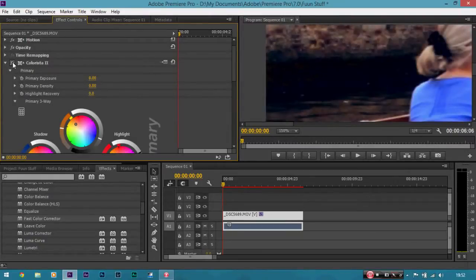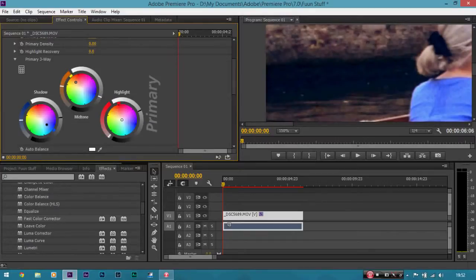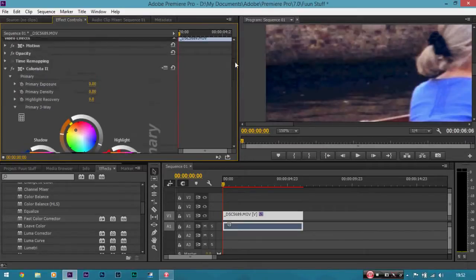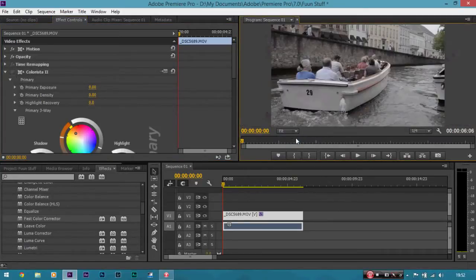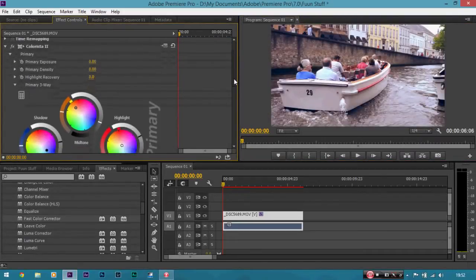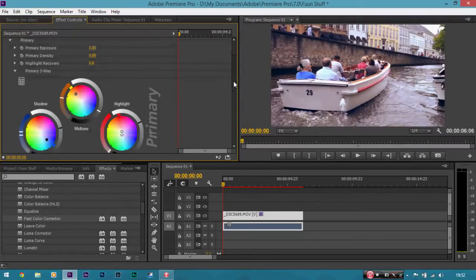We don't want to lose the detail, so what you can also do is bump the exposure up in the shadows a bit, and see that's coming back again quite nicely, and we've got the detail back from how it used to be. There we go, toggle, it's back how it used to be now. So if you want to get back to the same zoom, go back to fit, and I'll toggle our settings back on again. But we have lost a bit of contrast. So remember what we did to add contrast? Simply go to the mid-range and take it down again. And we've still got the full dynamic range